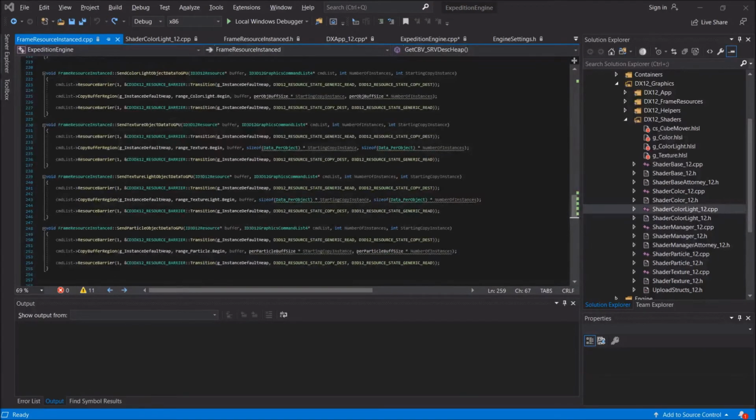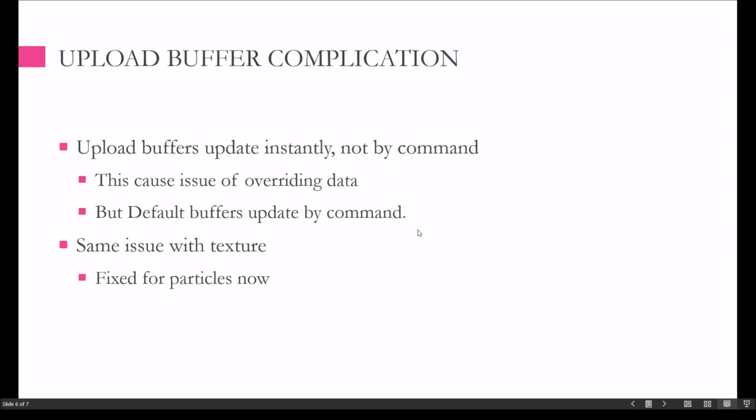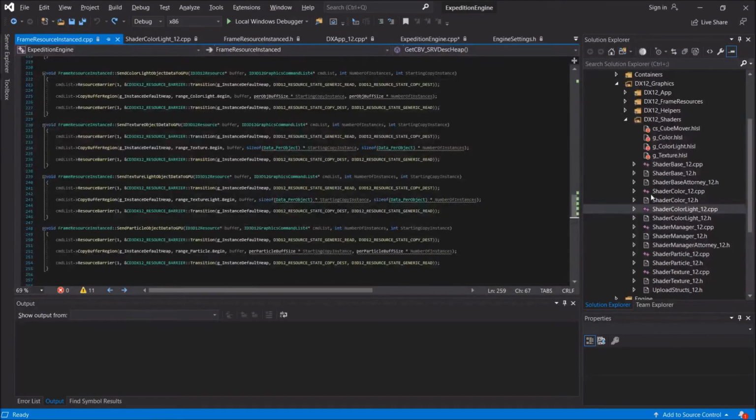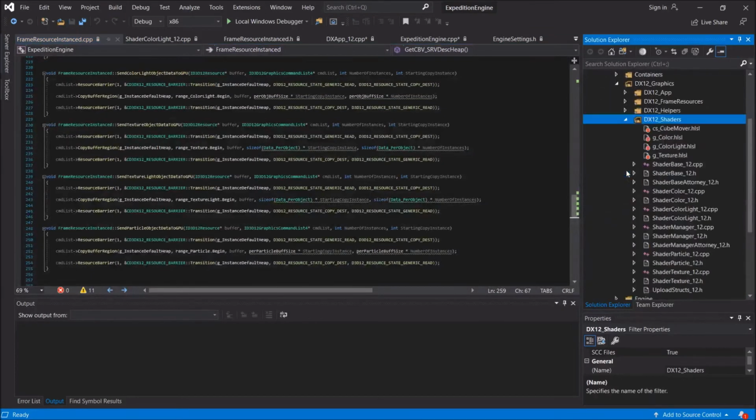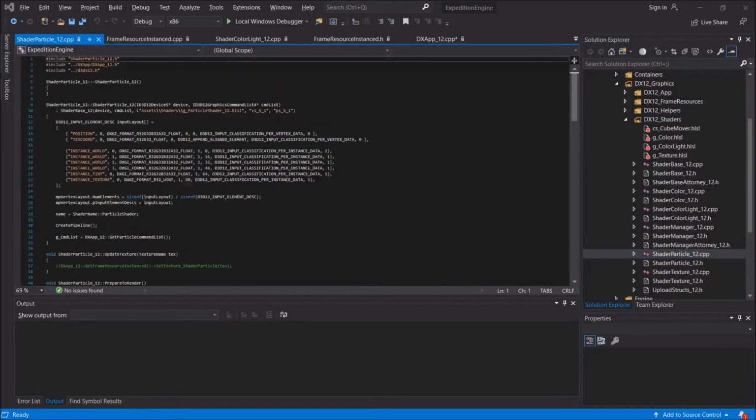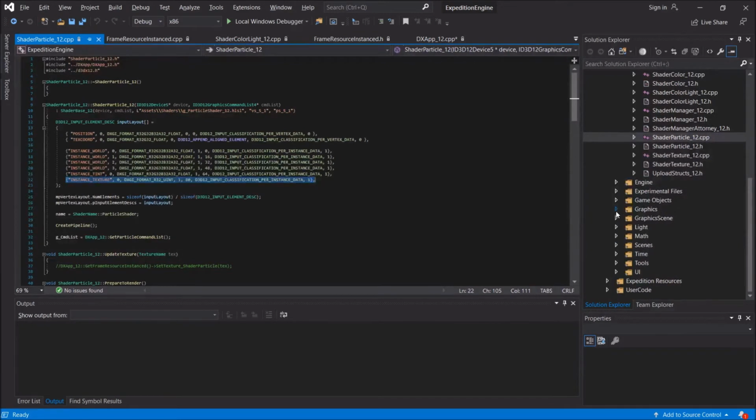So I was having a similar issue with textures, where if you had two texture objects, the second texture object would overwrite the first texture object, or vice versa, depending on the timing. So I had to create a way for textures to be stored on the particles themselves and not in a bigger heap. The way I did this is if we go over to the particle shader in here, you see it has an unsigned int at the very end that says texture. If I go ahead and open up the particle, it's in here,